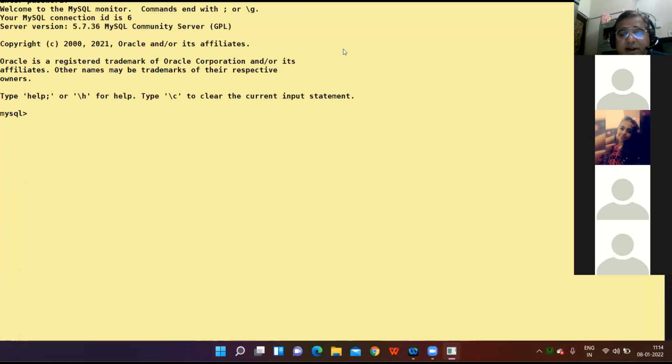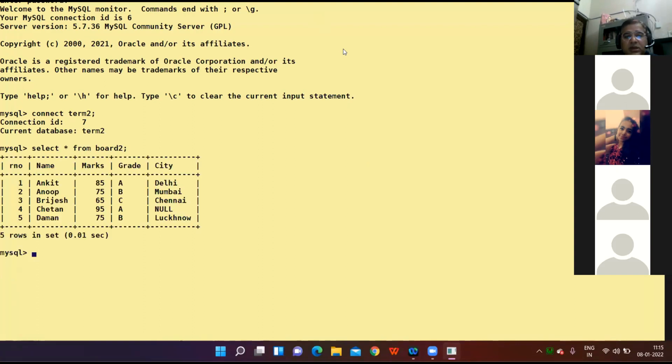Is the MySQL window visible to everyone? So I connect with the database and I open the table. This was the table.